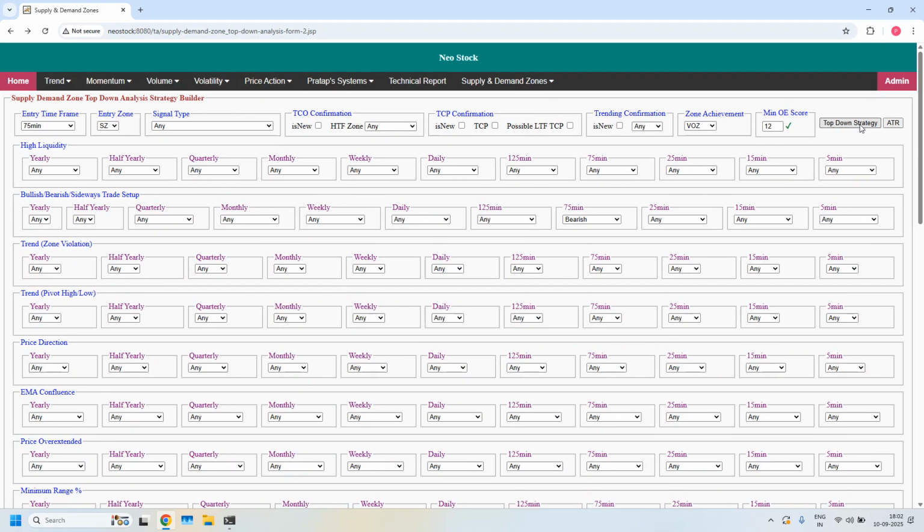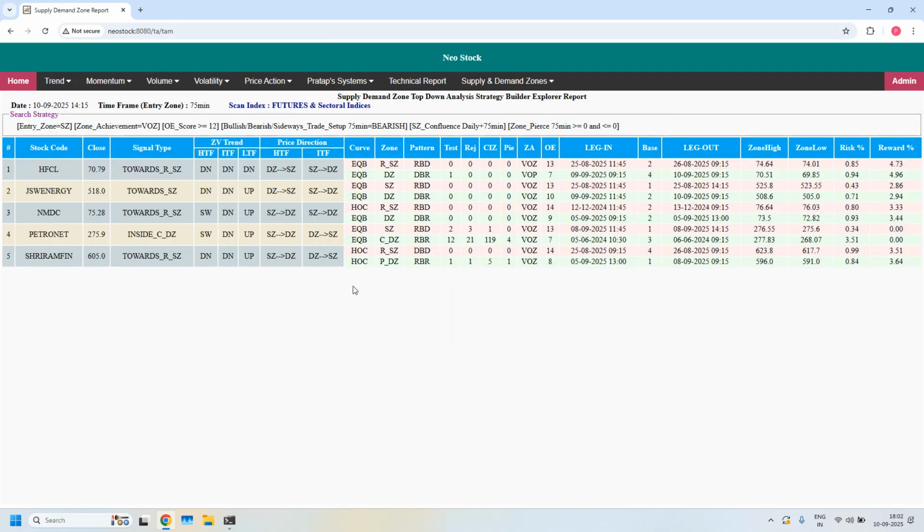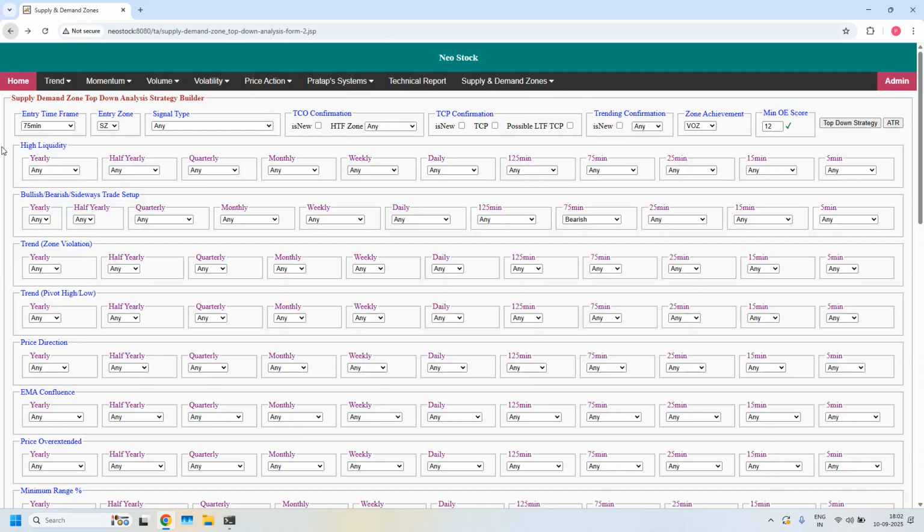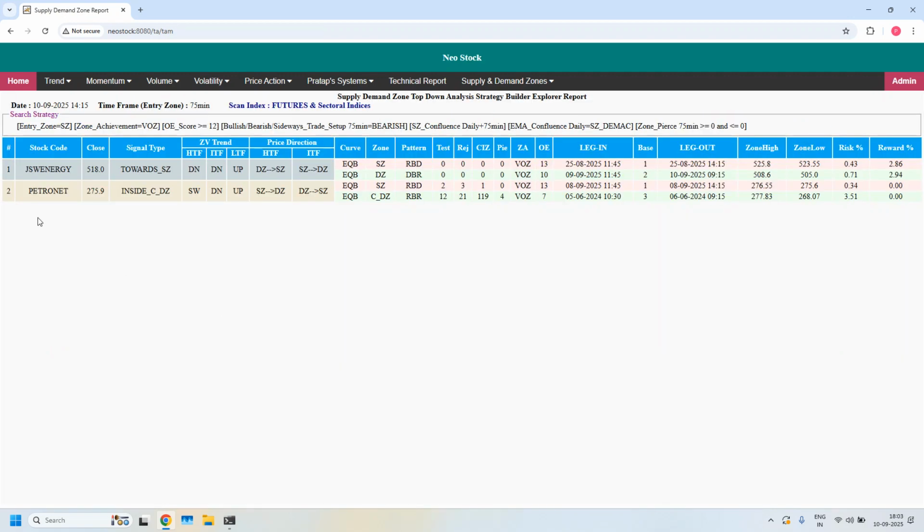By enabling the filter, we got 5 stocks. In all the 5 stocks, these 75 minute supply zones are overlapped with daily supply zone. And daily trend is a downtrend in all the 5 stocks. Let's verify any daily supply zone having daily EMA confluence. Two stocks are filtered. So these two 75-minute supply zones are having high probability to get success,